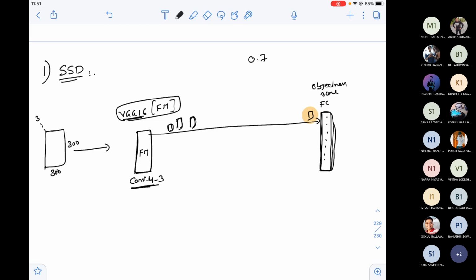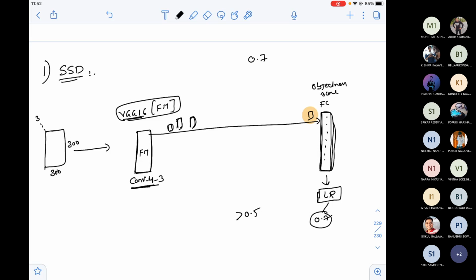Or what they have done is supply this fully connected layer to a logistic regression model. You know, a logistic regression model will give you probabilities. We have discussed this in extremely high detail in the advanced data analytics course. So logistic regression will give you a probability like 0.7 or 0.6. If it is greater than some threshold, which in our case by default is 0.5, and here it's 0.7, that means some object exists.